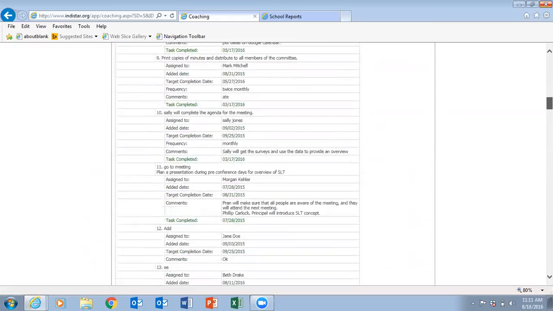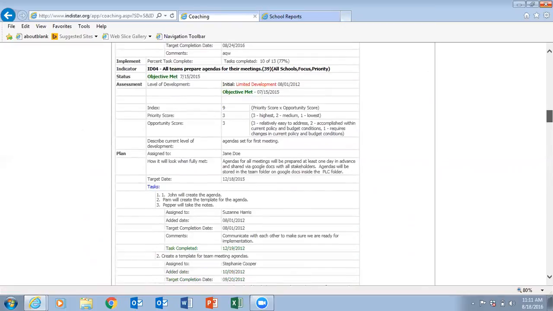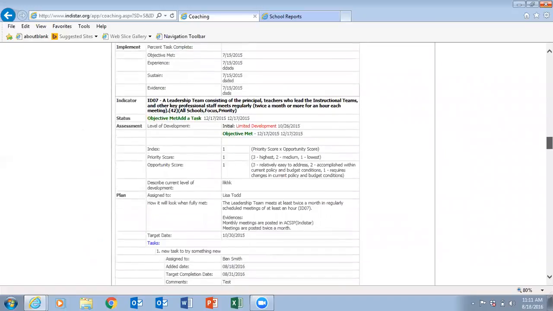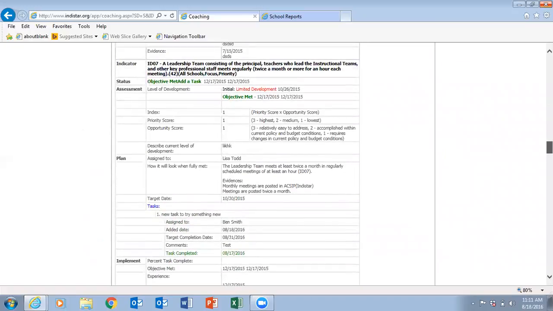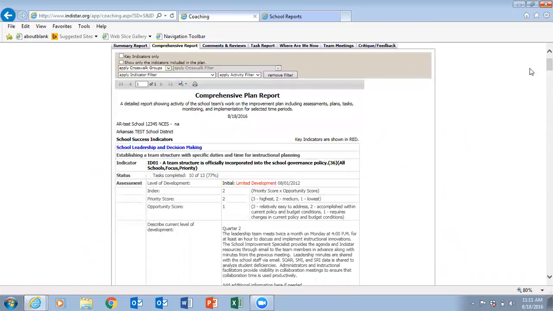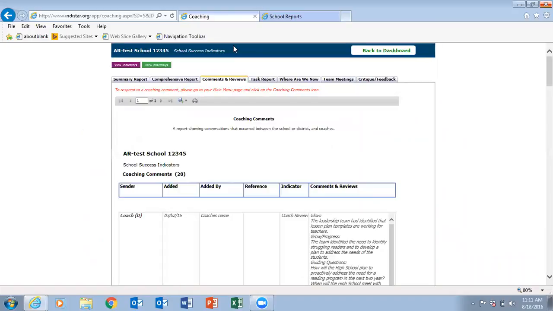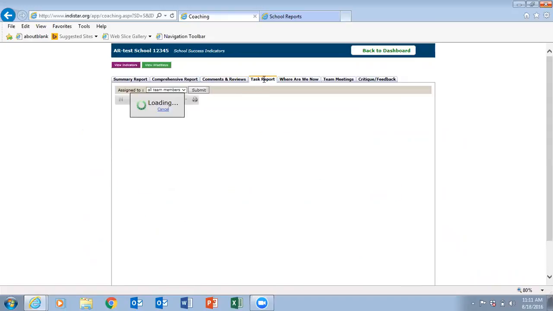So you're able to see all of the indicators that have been assessed, the initial assessment, whether it be limited, fully implemented, or whatever there is. All of the tasks, and who has been assigned to those tasks, are here in one-stop shop. And your comments and reviews, these are, again, the coaching comments that have been provided or any reviews that have been given. Your task reports,